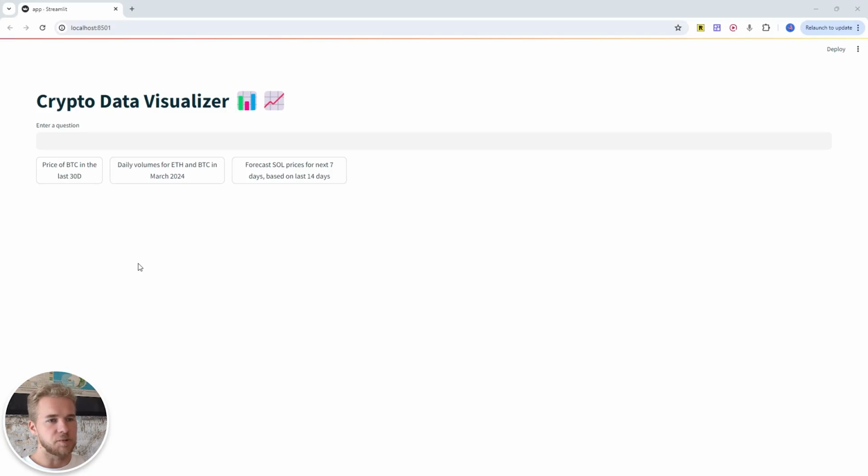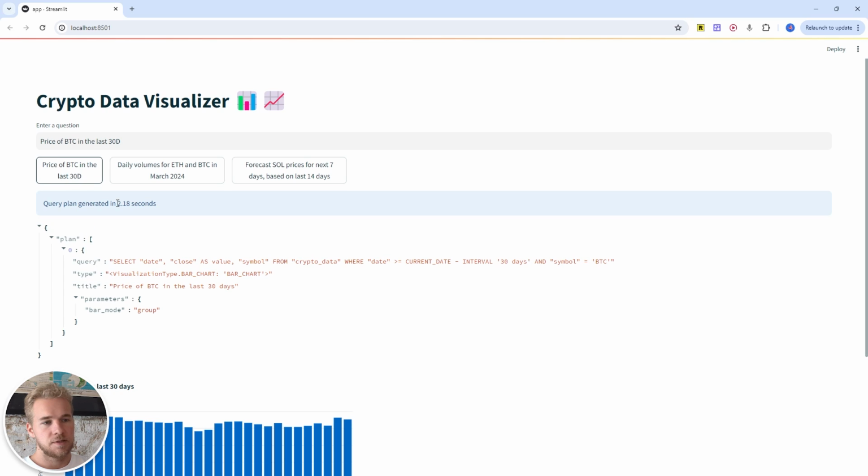So here's our data visualization UI, and it's connected to a database where we have some historical cryptocurrency trading data, and here the user can type in questions about those historical prices as well as trading volumes. And so starting with this first simple example, just getting the last 30-day prices for Bitcoin, the first thing you'll